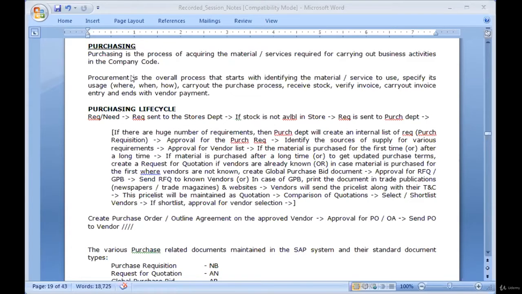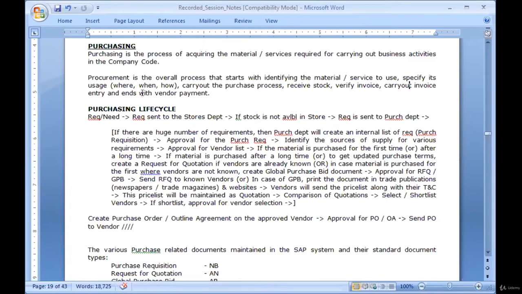So, procurement is a larger process which indicates the complete process of the material procurement, the material purchase, identification, specifying the usage, carry out the purchase process, receiving stock, verifying invoice, carrying out the invoice entry, and ends with vendor payment.